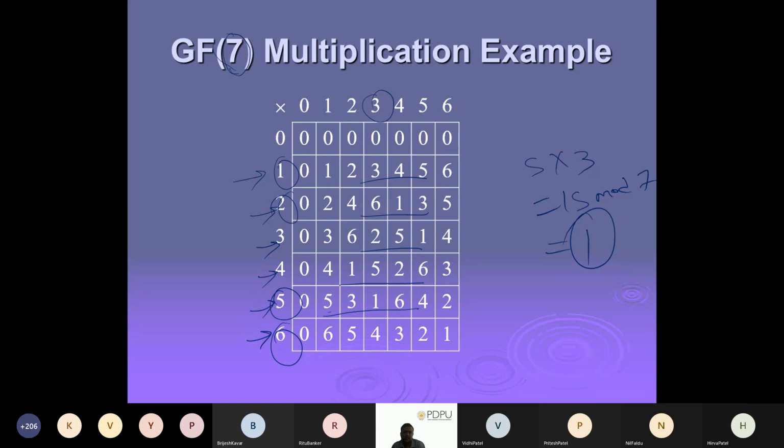So that is why this particular group succeeds in being a finite field, right? If we use 8, GF of 8, it does not succeed because in every row we are not getting unique values. It means some elements have an inverse and some elements do not have an inverse. That is the problem, so that is why we have to use this.